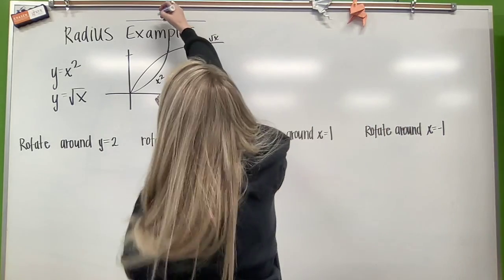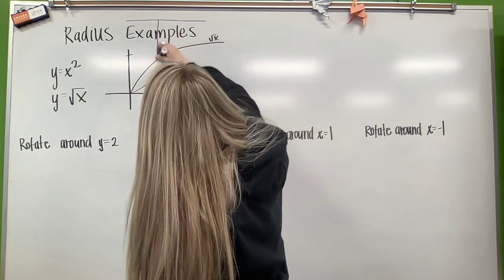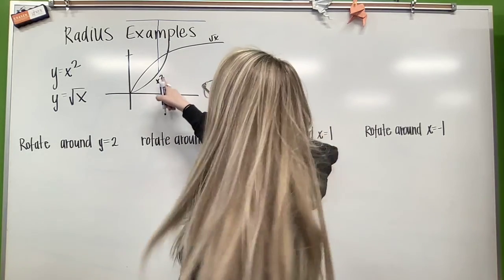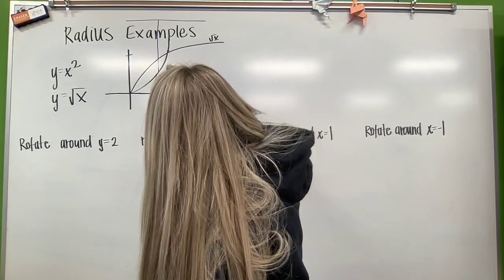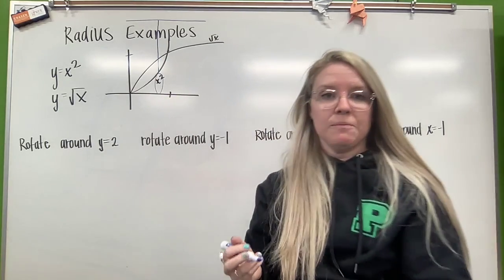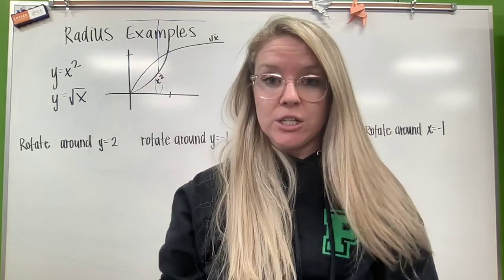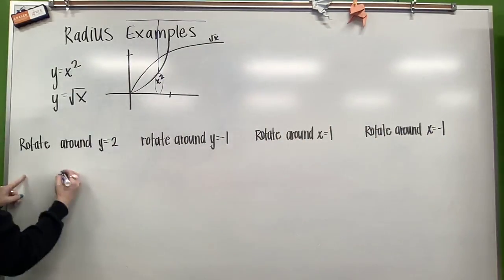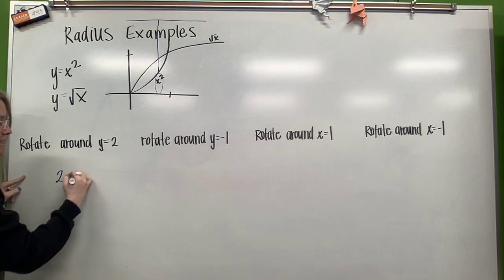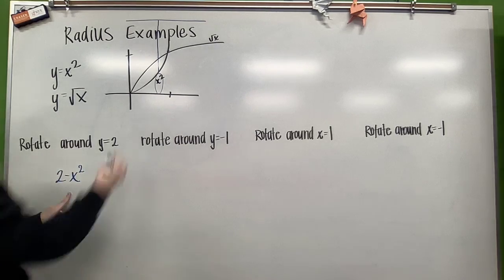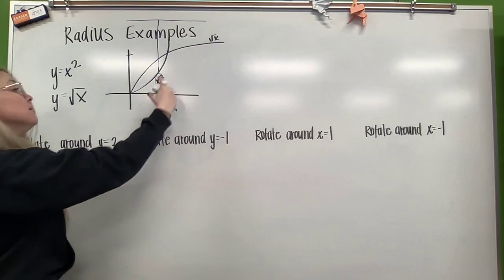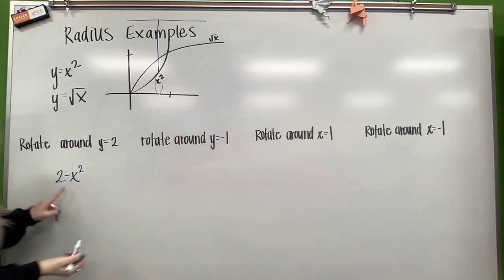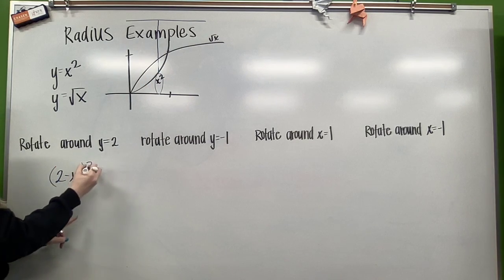So I'm looking for my outside radius, and based off of this line, my outside radius is going to be my x squared. But this is actually the length that the x squared gives me, and the radius is above my function. So the radius for that outside function is actually going to be 2 minus x squared. The full distance is 2, but I'm going to take away this little piece and leave me with that radius. So this is my radius squared